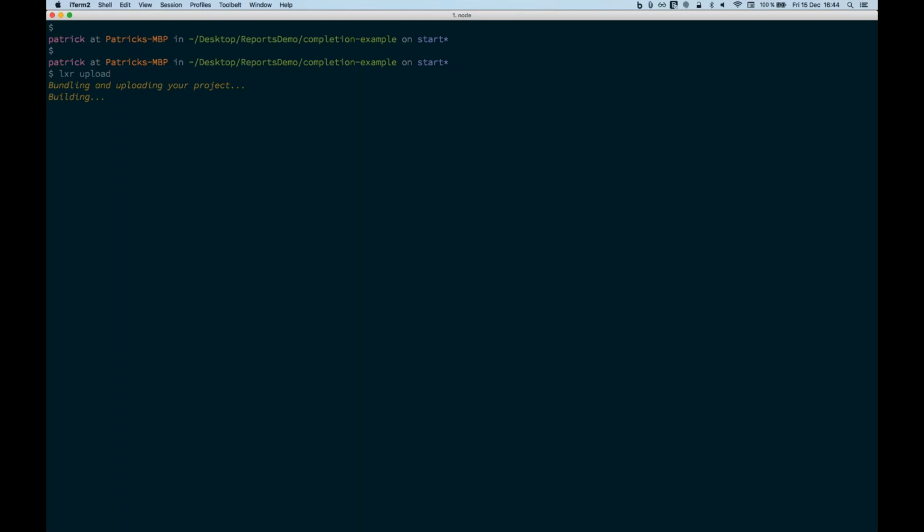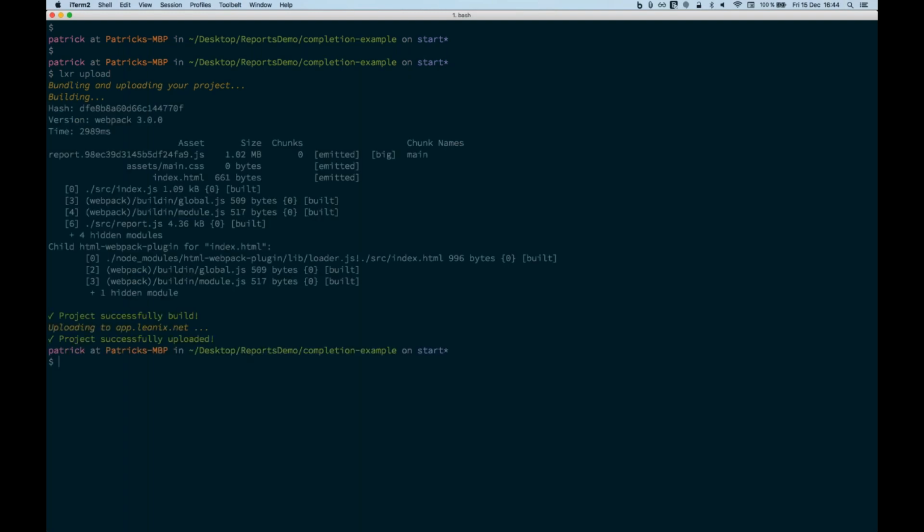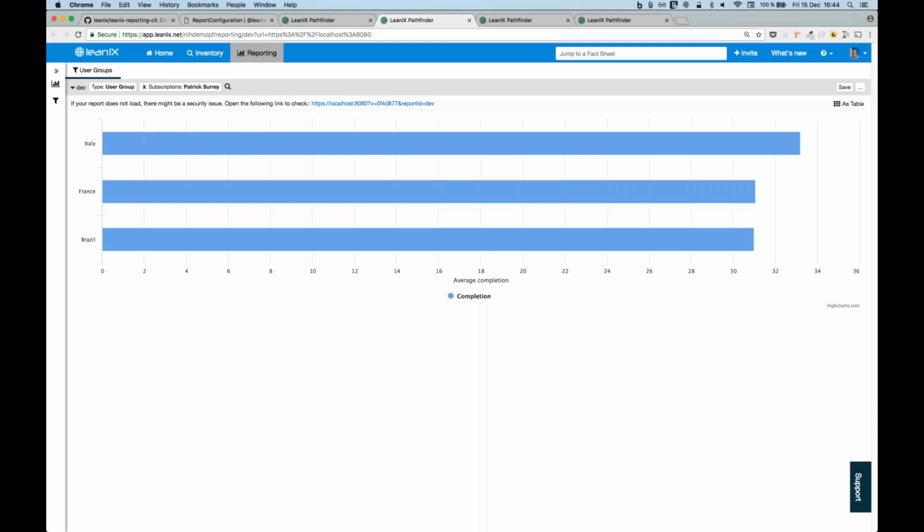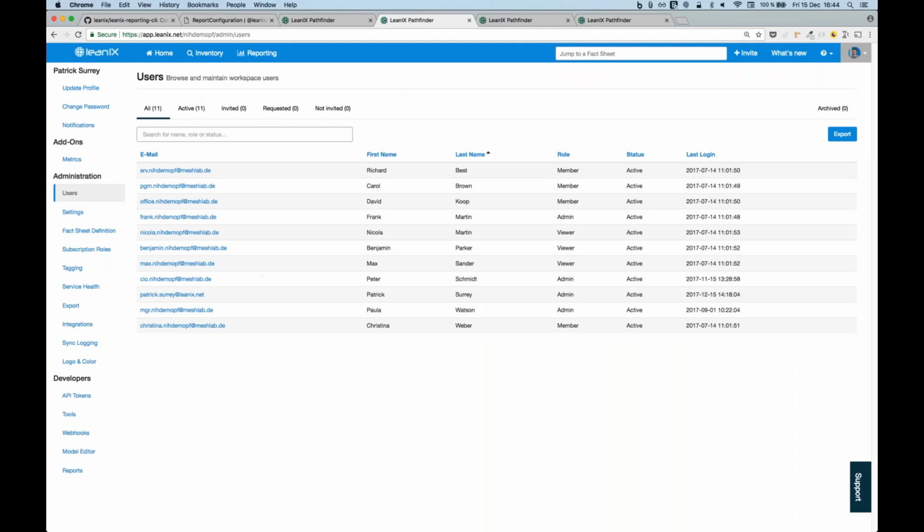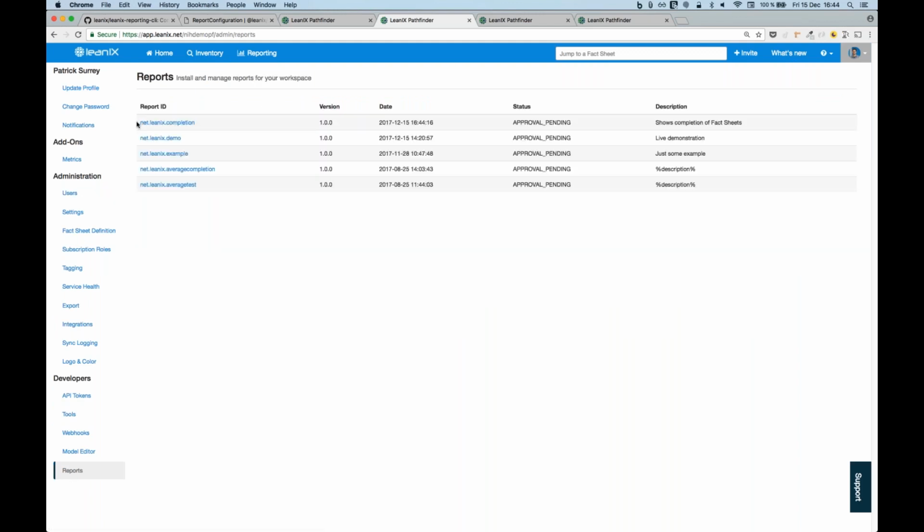What it does is bundle the report into a package, and that package is then uploaded into our workspace, which is located on the app.LeanIX instance. Now, as an administrator, I can go into the administration, and under developers, I have this menu entry reports. And as you can see, our report, the completion report, was just uploaded to LeanIX